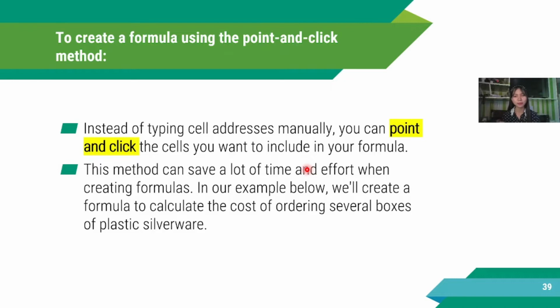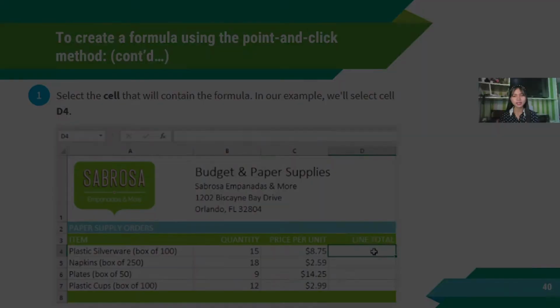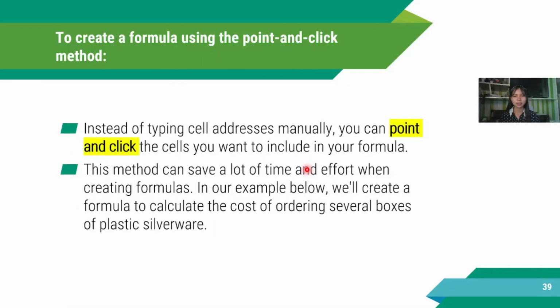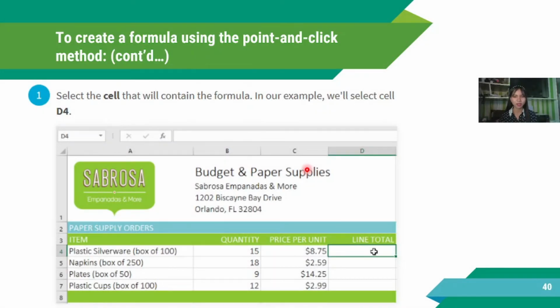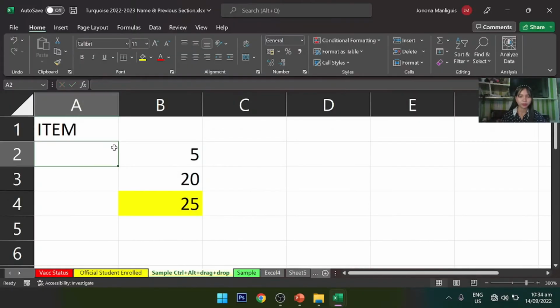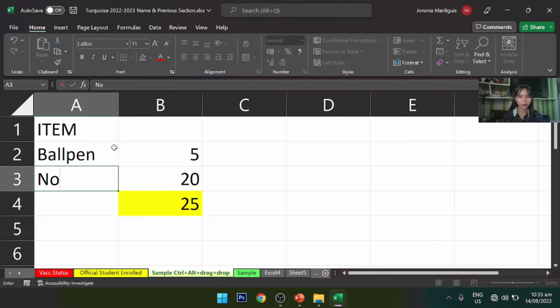In our example below, we'll create a formula to calculate the cost of ordering several boxes of plastic silverware. Say for example, we have here the item names, and then the quantity, the price per unit, and the line total. For example, if you are buying your ball pen, your notebook,